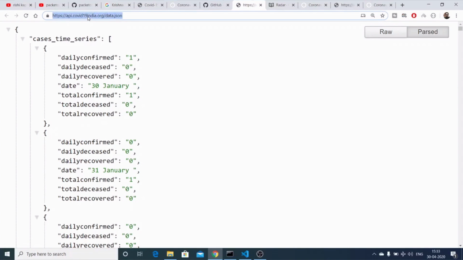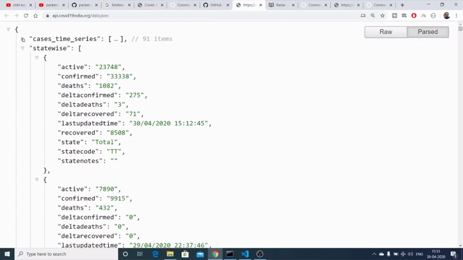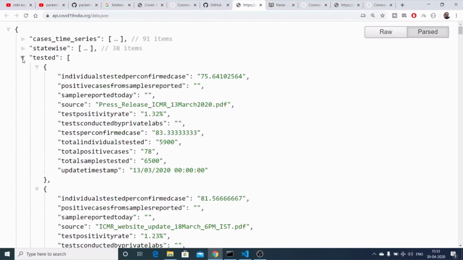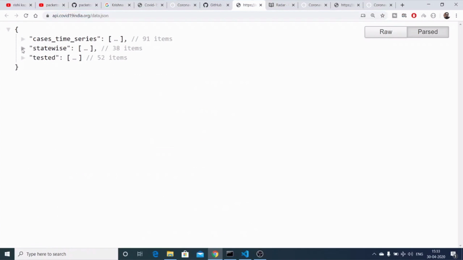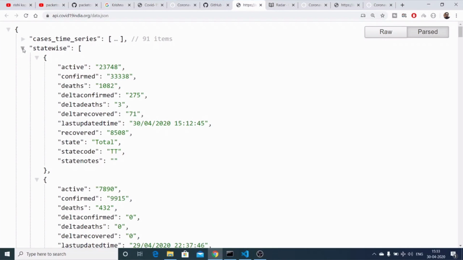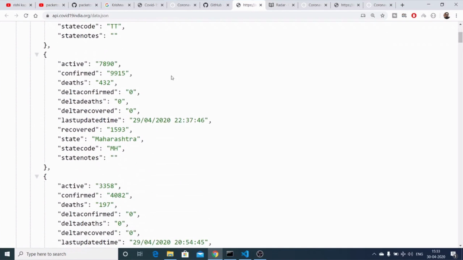So basically this is the endpoint that we would be hitting here. This is a free API, you need not have to pay anything for using it. So after this, we are only interested in the second array, which is state wise. You can see that this contains three arrays, but we will be interested in the second one, which is state wise. So if you expand this, you will see 38 items inside the array. The first item is not mandatory. This is displaying all the results, but the second object is what we will be processing. This is the first state, Maharashtra, and then Gujarat, all that stuff.